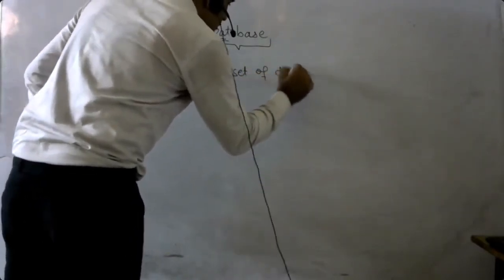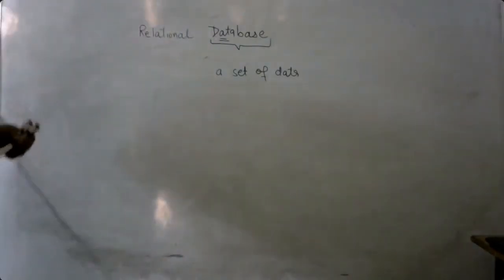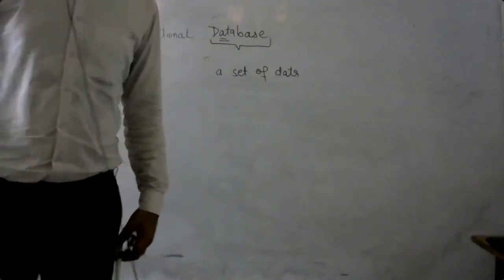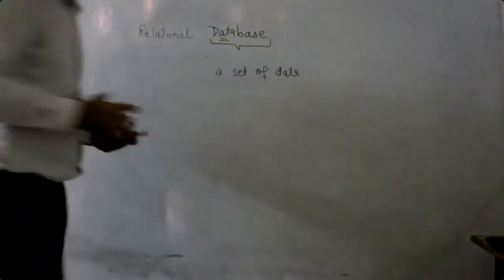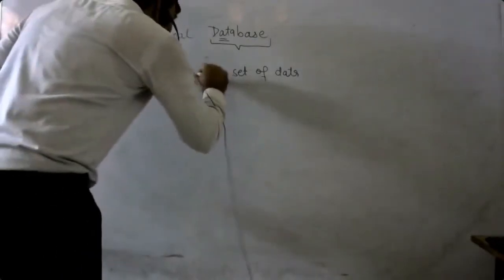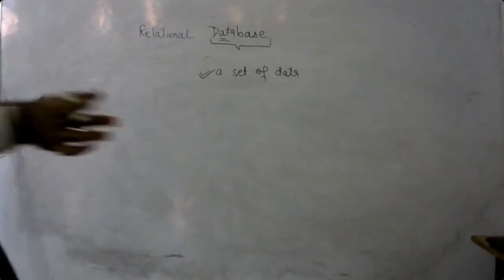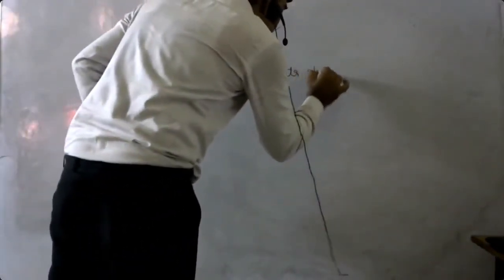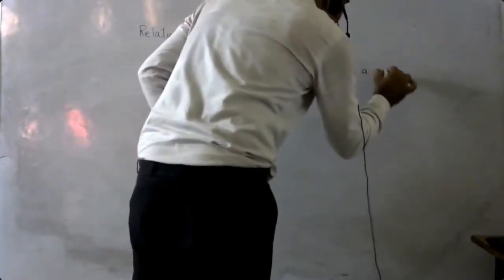Let's take an example of Jaipur city, or let's take an example of the Rajasthan government. In Rajasthan, there are approximately 6 to 7 crore people. If the Rajasthan government wants to store that data, because they have a set of data, they will store it somewhere. They will store it in a computer. For them, it will be a database. A database is a set of data stored in a computer, which we call a server.